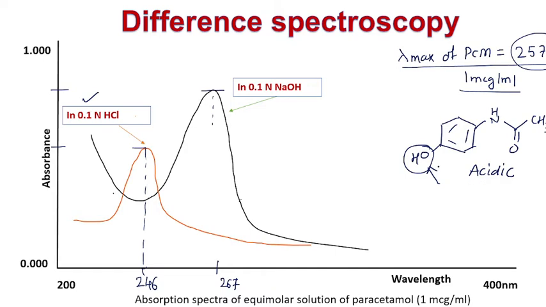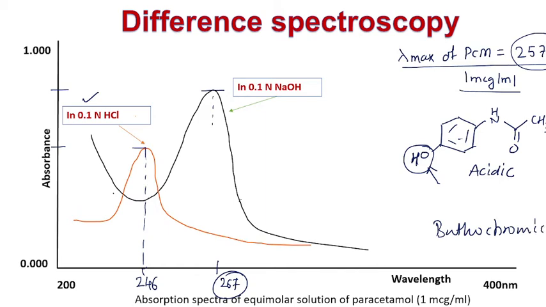Because ionization means this H will be removed, and the oxygen will have additional non-bonded electrons, and these electrons now interact with the ring. In the ring we have pi electrons, and when they interact with the ring pi electrons, it will produce a bathochromic shift. So what is happening here? The lambda max was 257, but when the drug has been dissolved in alkaline pH, because of the ionization of this phenolic OH, it shifts from 257 to 267. So we are observing a bathochromic